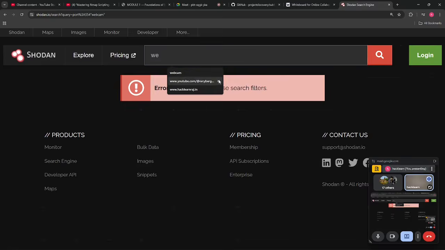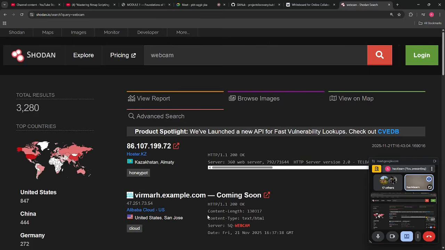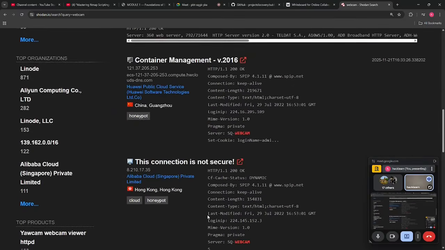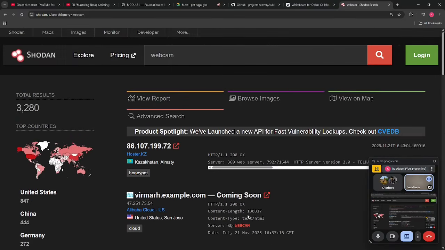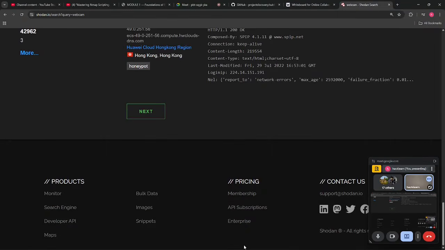Does it find? I think it just tried webcam. Now it is trying to find all the webcams around the globe, and now you can test it for some of the purposes. So this is also a great tool to use. So in some of the upcoming sessions we will be using it,